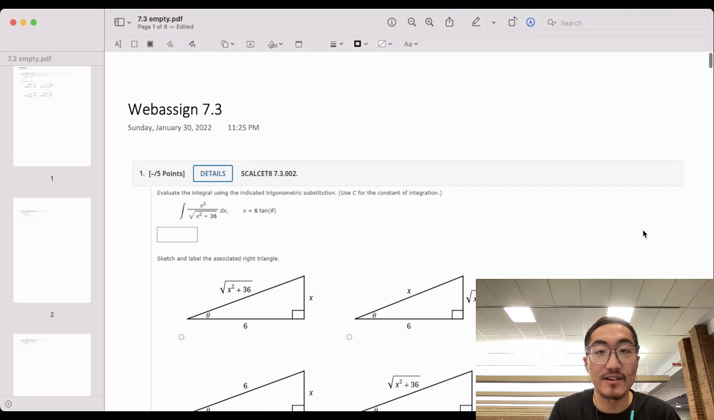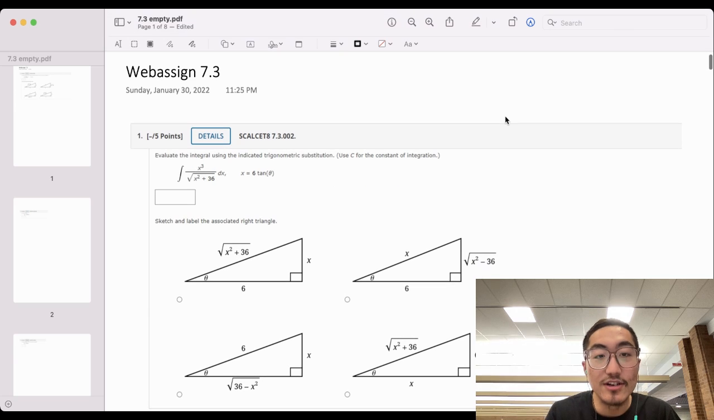Today the topic is section 7.3, where we're talking about the tricks of integration. Trig substitution is an advanced integration technique that we learn in Math 125 and further advanced integral calculus courses. And the main purpose of